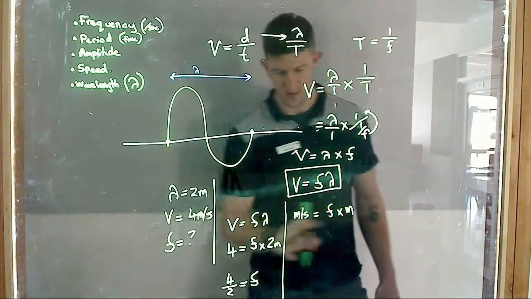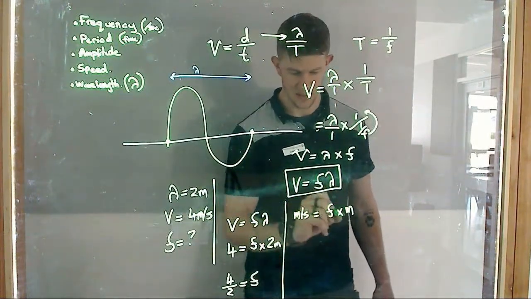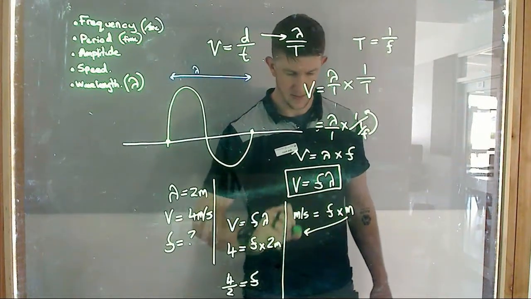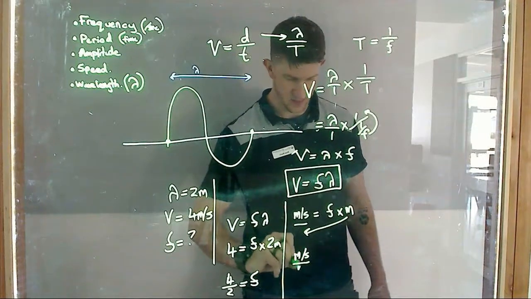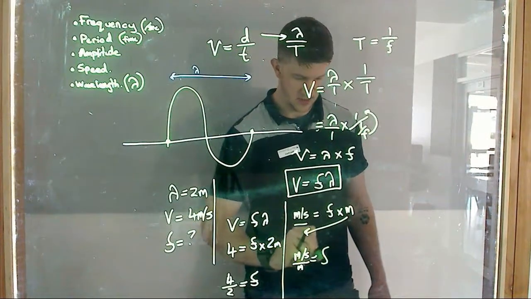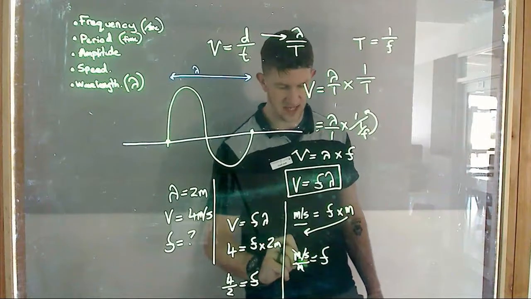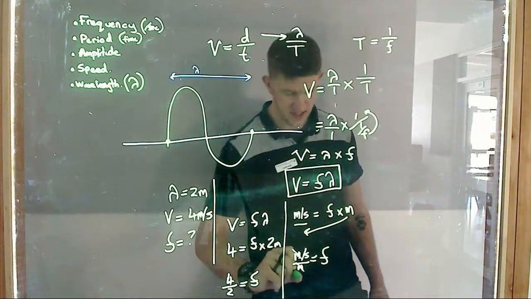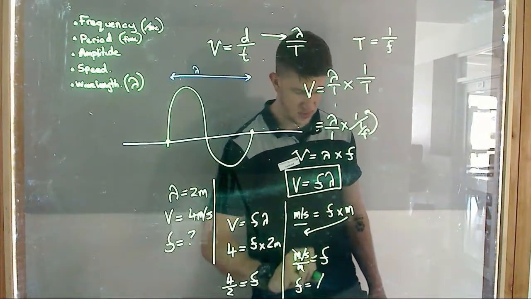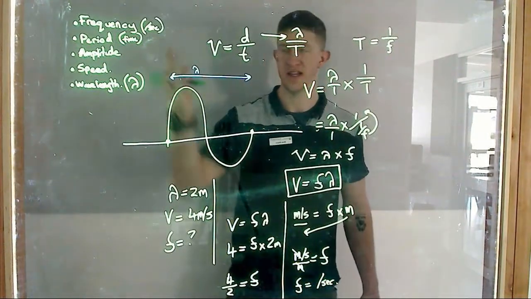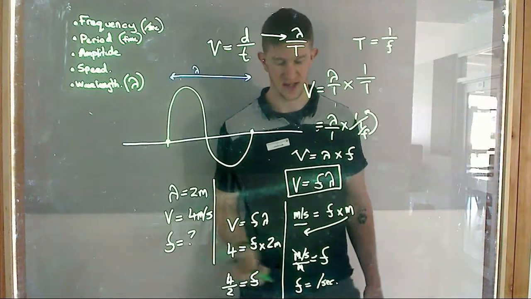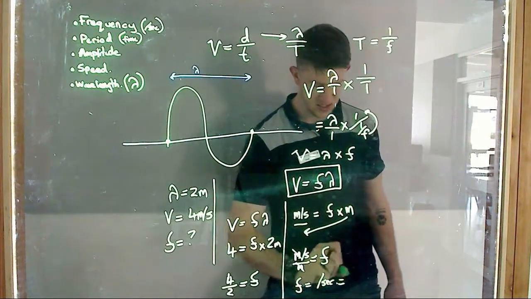Therefore, if I divide by meters, which I've done here, and move this over here, I get meters per second divided by meters equals frequency. And the meters will cancel out. I get per second. So frequency is just equal to per second, which makes sense because a hertz is how many cycles travel per second. So the unit is just equivalent to